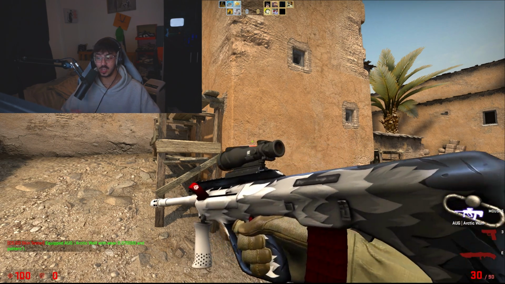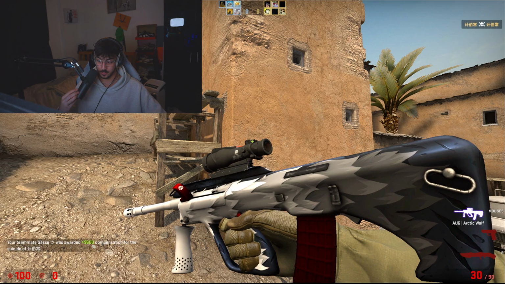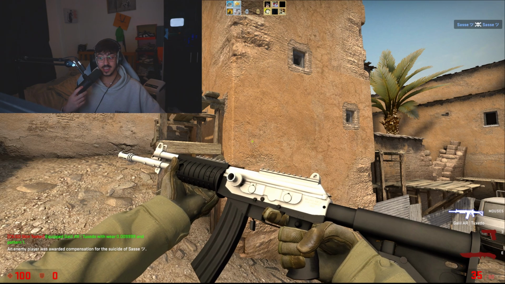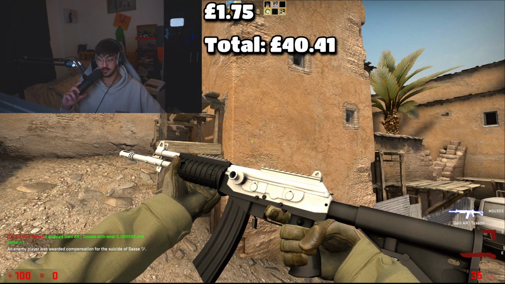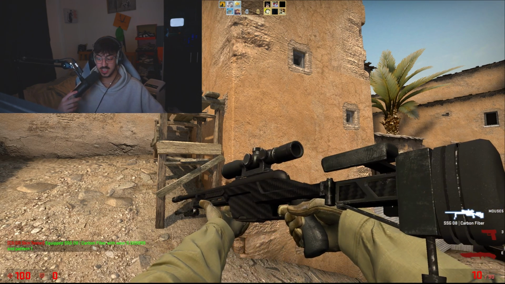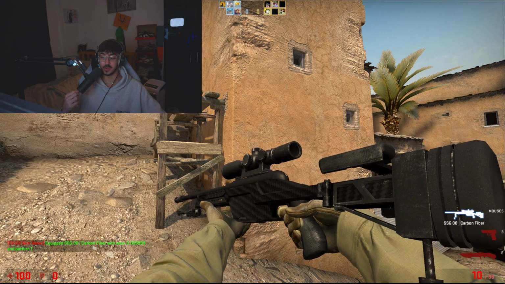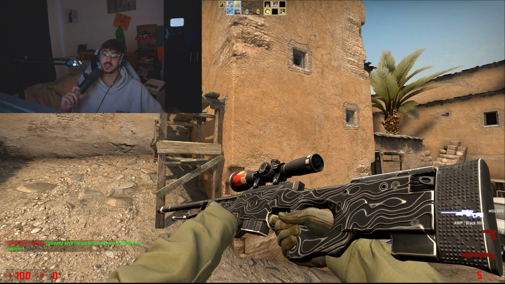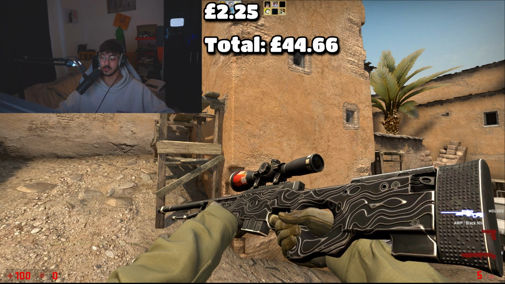And then the AUG Arctic Wolf in minimal wear as well at £2.85. And then the Galil Tuxedo FN, which comes in at £1.75. And then we have the SSG Carbon Fiber in factory new, which is around £2. And then to finish it off, we have the AWP Black Nile in field tested, which is around £2.25. So altogether for these skins, it's about